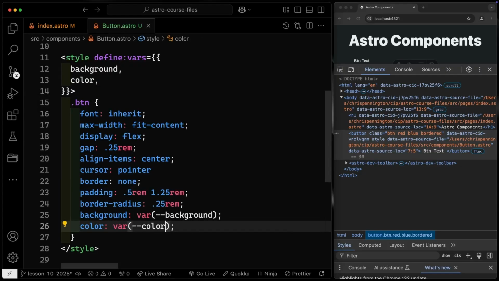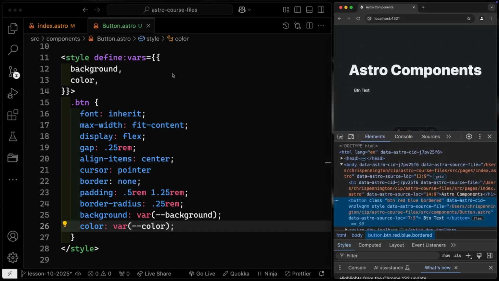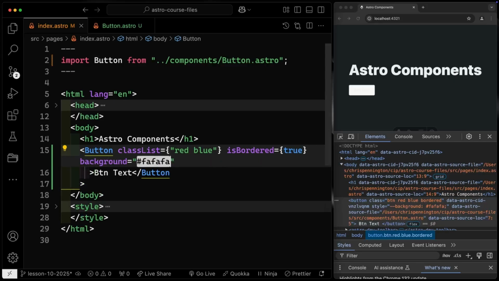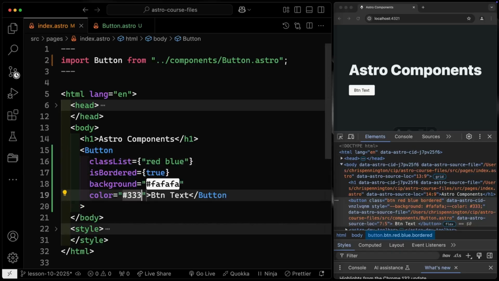So how would I actually use these? Well, I would use them like with any other prop that I'm passing in. So let's pull this down just so we can see. You can see my background disappeared, but I could come over here and add something like background, and I'll just grab a random white color, and then let's also take color, and I'll grab like 333. All right, so I can pass in anything I want as a variable here. So obviously it has to be a color since I'm declaring colors in CSS, but then that gets forwarded along